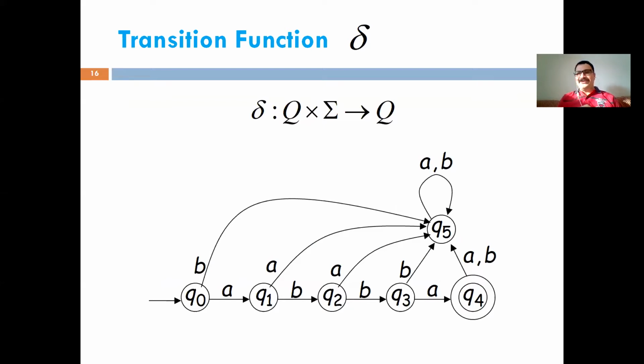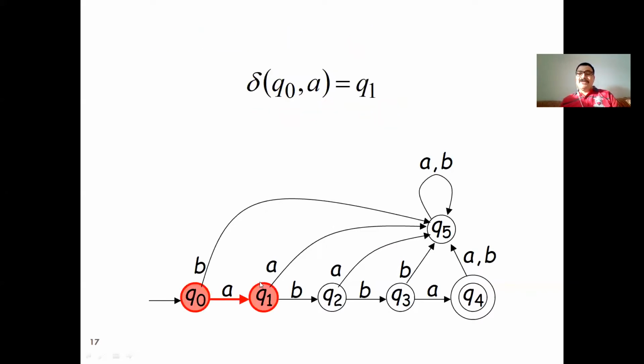Now, the important point is the transition function because it shows the working and execution of any machine. So how does this transition function work? Let's see. Suppose you are in state Q0 and you get the input A. In this case you move to state Q1. So how can we see this? We start from Q0, and A is the input alphabet. So on the initial state, Q0, reading input symbol A, we move to Q1.